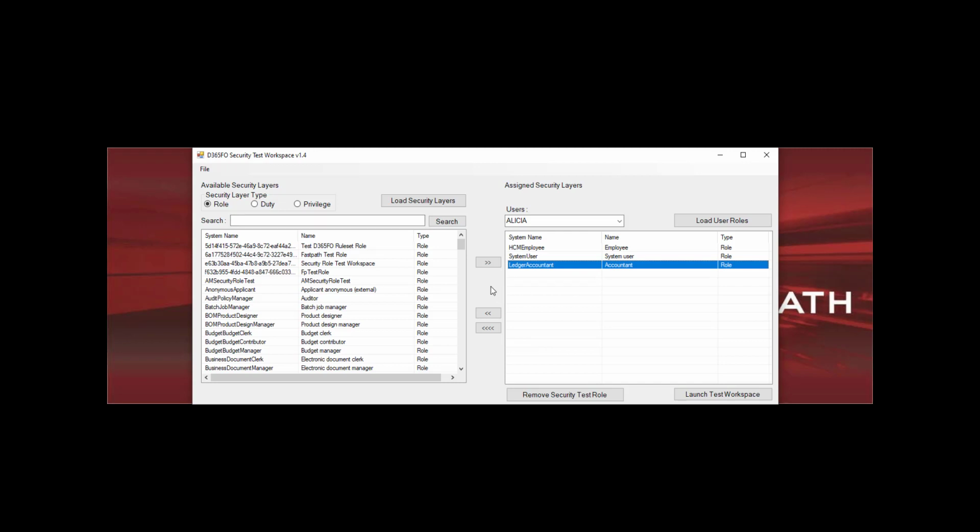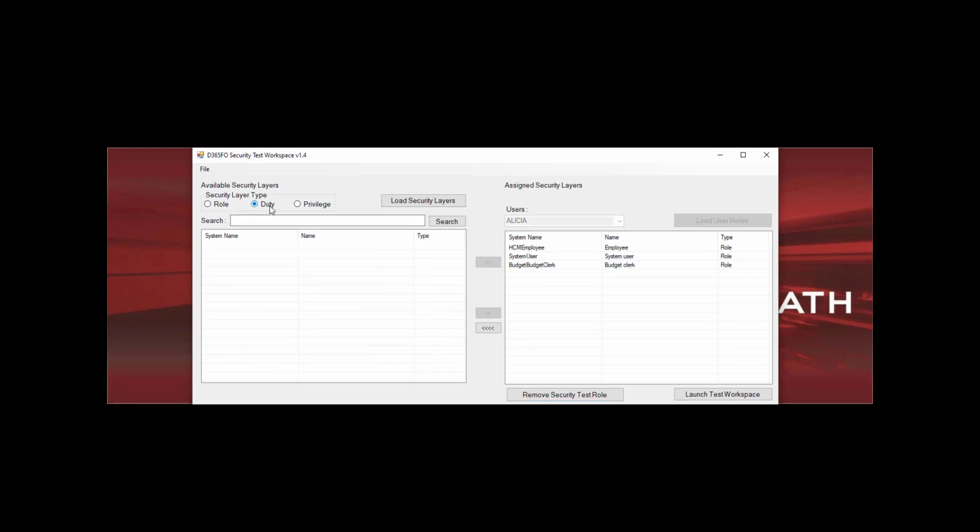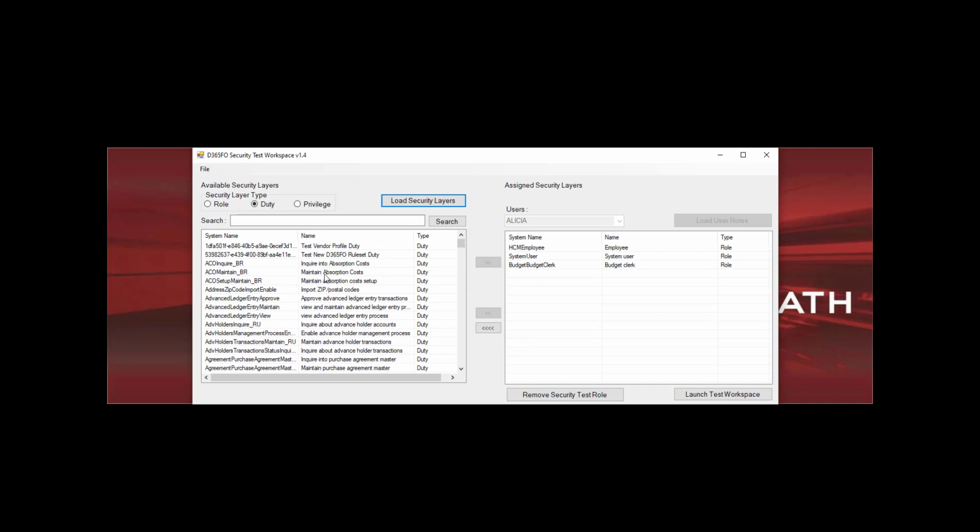So there's really the user role, that load user roles button is just giving you a starting point for certain roles that you want to assign to that mock role, and then you can make the same changes you would as if you started from scratch to this user. So maybe we want to remove the ledger accountant role from this user, and we're going to assign the budget clerk role, and then again we can go ahead and assign a duty and a privilege along